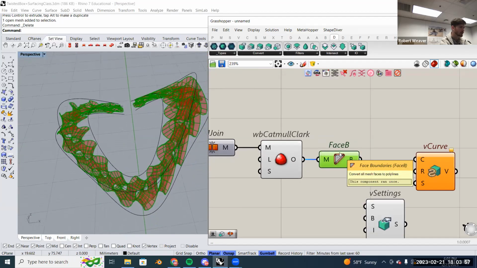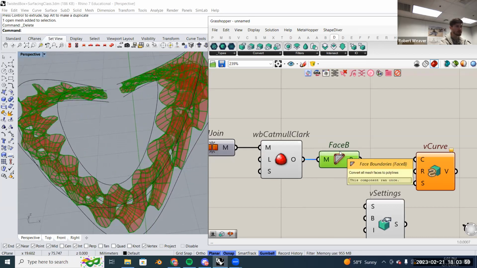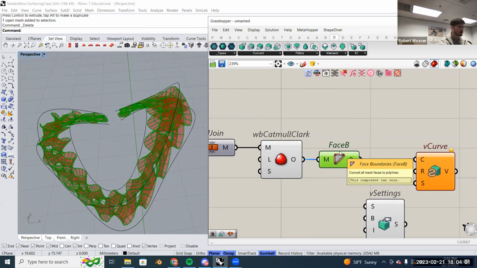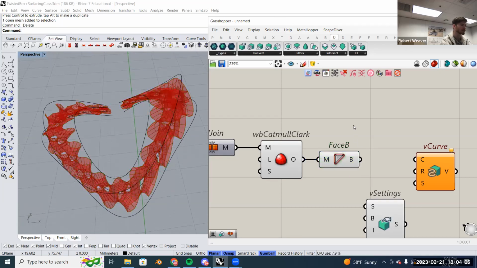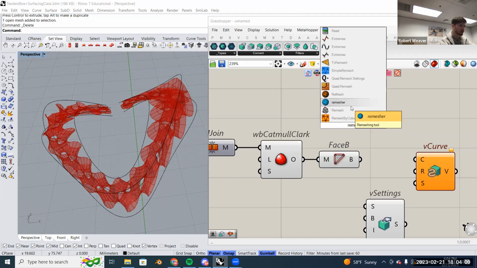But yeah, be careful with that one. If you add too many faces to subdivide, it might take a long time, but it is very clean. It outputs very clean geometry compared to if you were to do like a traditional remesh with triangles. That might be a little bit messier. So I do like, and make sure you add the settings to it as well, but I do like the quad remesh